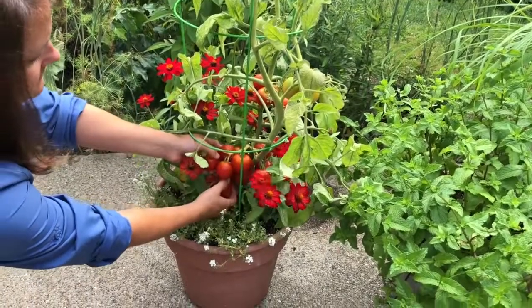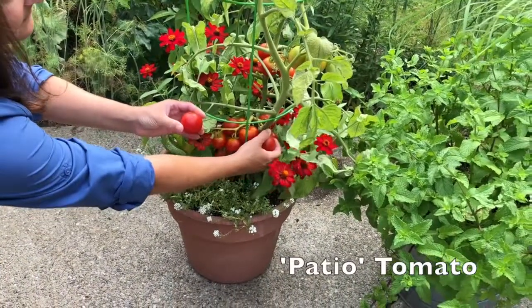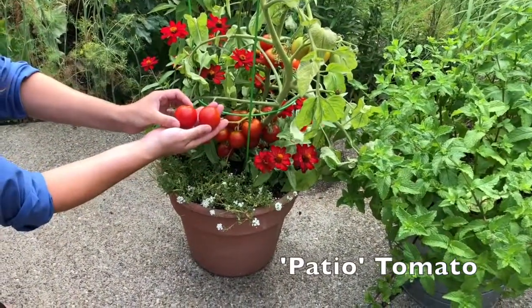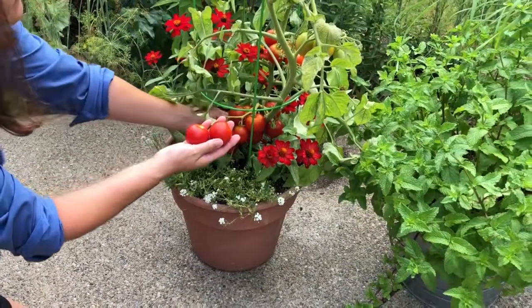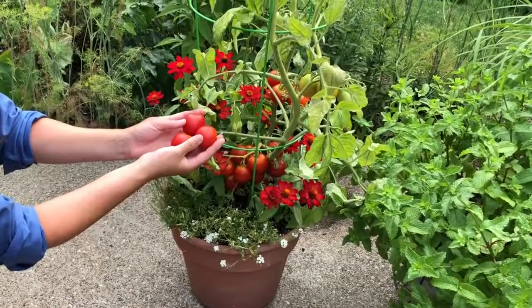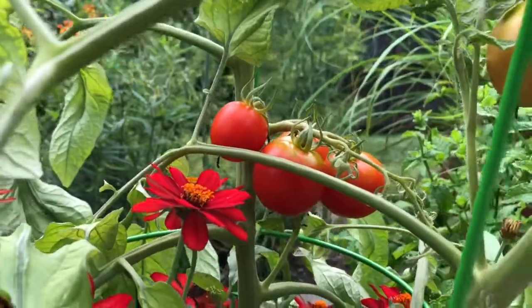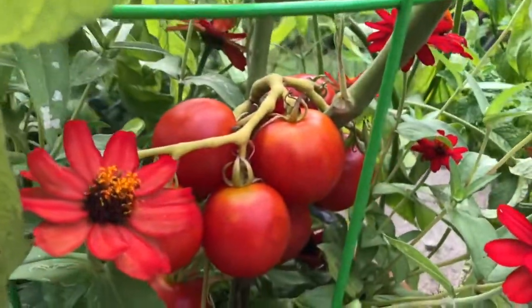The first variety I'd like to tell you about is right here in this pot on my patio, and it's called Patio Tomato. It's a determinate variety that only gets so big, and then as you can see, the fruits are all really consistent in size. They're called a saladette type tomato, perfect for slicing, a beautiful even red coloration on them, and it's a highly